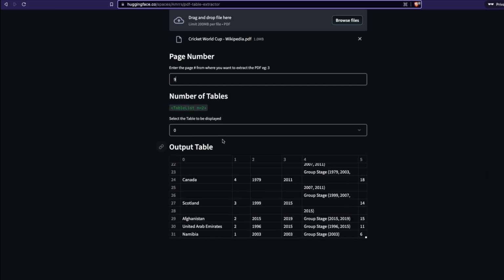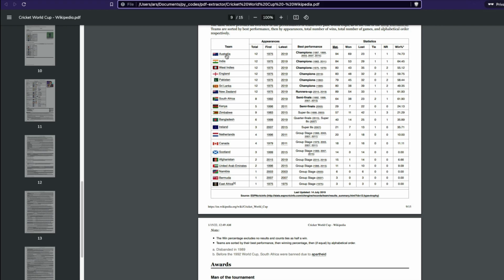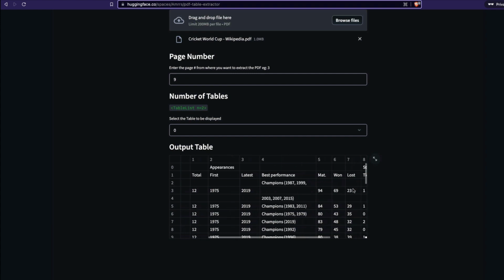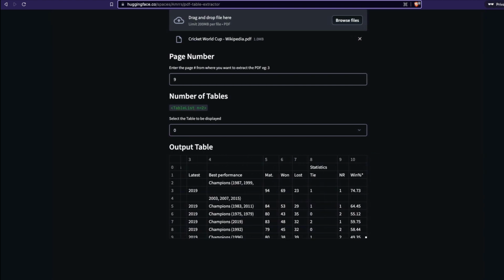I think I've messed up slightly with this calculation table display. You should definitely check it out yourself. Looks like some mess up has happened. Okay, we have gone to page number 9, and the table that we have extracted talks about Australia, India, the number of times the country has appeared, the number of times they have won, and then their win percentage. Let's see if there is a column called win percentage, and of course, yes, there is. Australia's is 94, and where I come from, India, we have a win percentage of 64%.